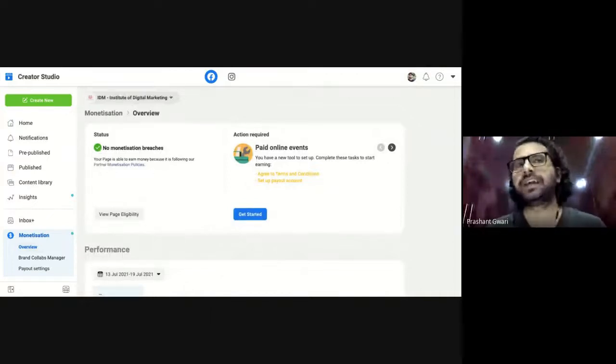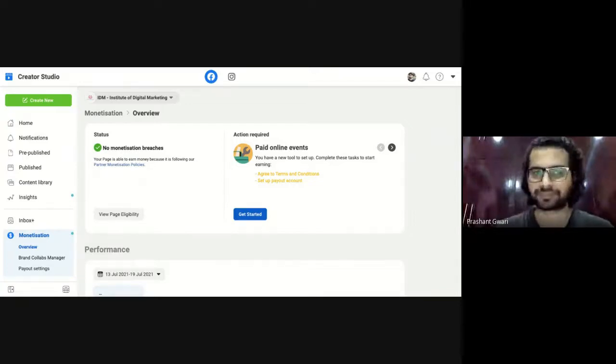You can create events like weekly classes or weekend classes or any kind of event, and you can charge your clients a certain fee. That fee is collected by Facebook and deposited into your account. You just need to start by providing your bank details, and that's it. Then you can create a paid event on your Facebook page, and people can make payment.